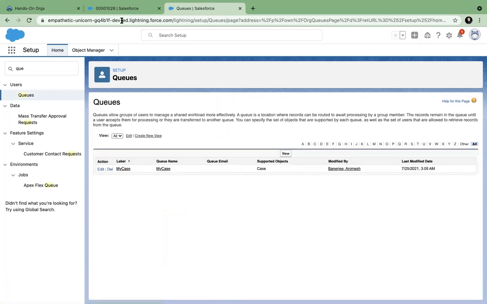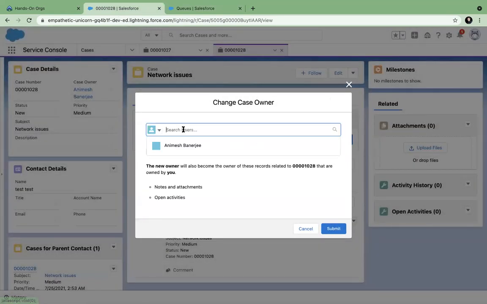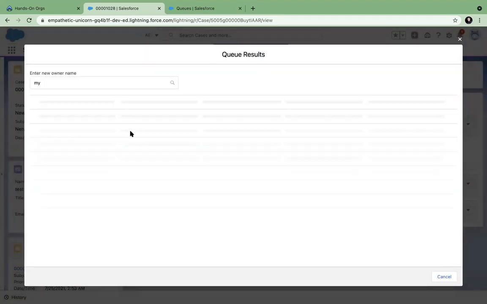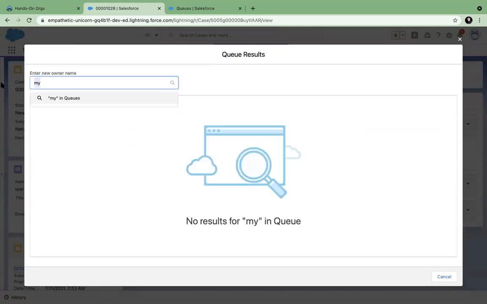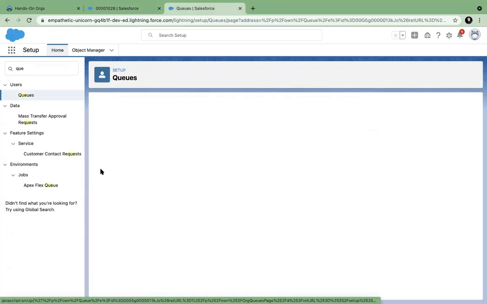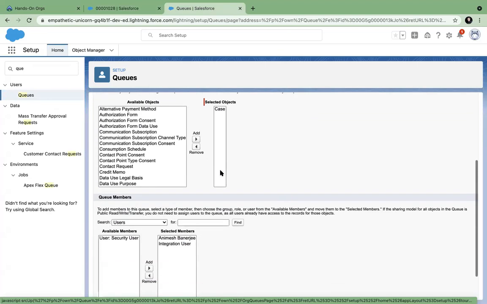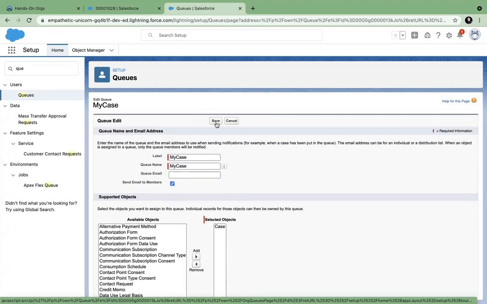So when I go to a case, I can change owner. I can also select queues. And I say, what is the name? My case. Will I activate it?